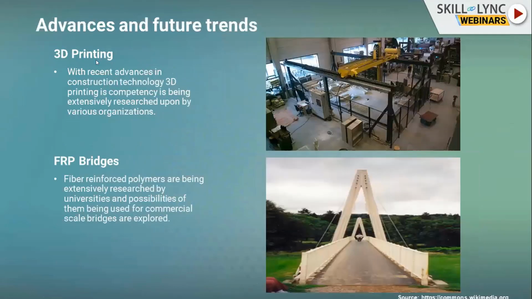Similarly, we have other trends such as 3D printing. Nowadays we see a lot of 3D printers using plastic and other elements. That is used for building small elements, which we can use as gifts, or we can see 3D printed images of people. Those are being done in localized areas, but we are also using it for the design of bridges. There are a few bridges designed in the Netherlands that have been implemented using 3D printed methods. They were hollow bridges, and they were tensioned later. The basic shape was built using the 3D printer, and then they were pre-tensioned or compressed.